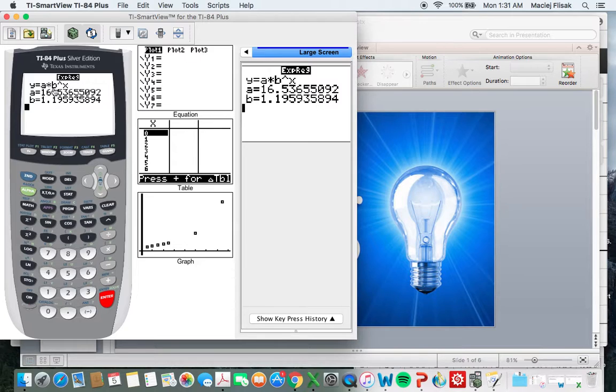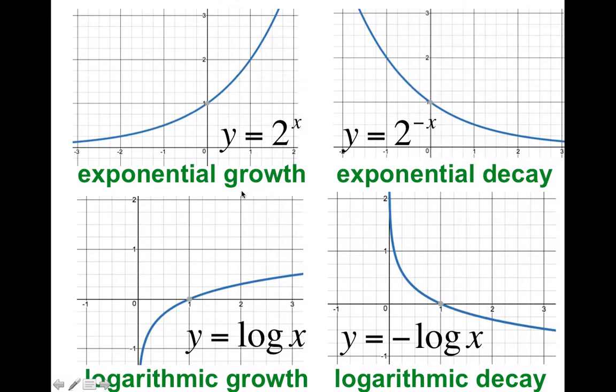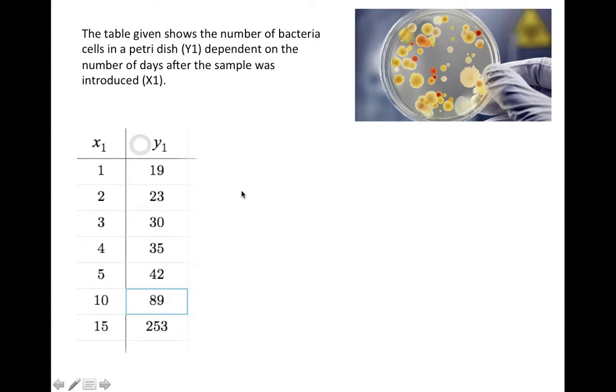So here's the regression model in this form, y equals a times b to the x power. That's definitely exponential. Tells me an a value and a b value that are going to make my model match my data. So a value is 16.5, let's say, if we round it there, and this one is 1.2, let's say. That's close enough, 1.2. So 16.5 and 1.2. So if I go back to here,